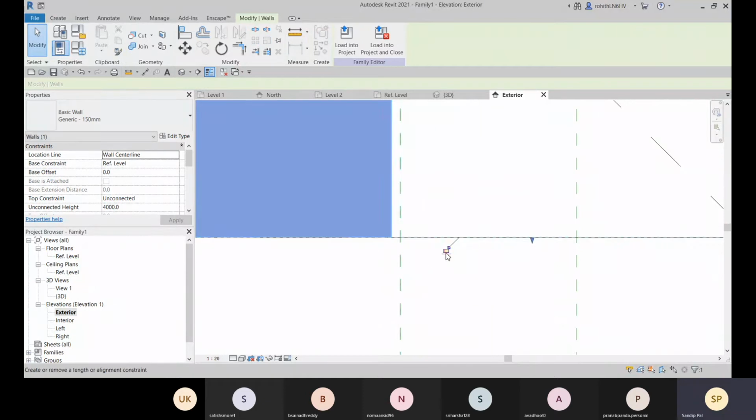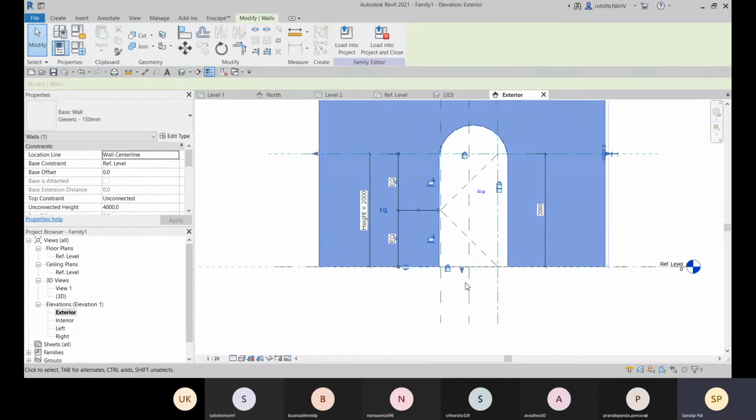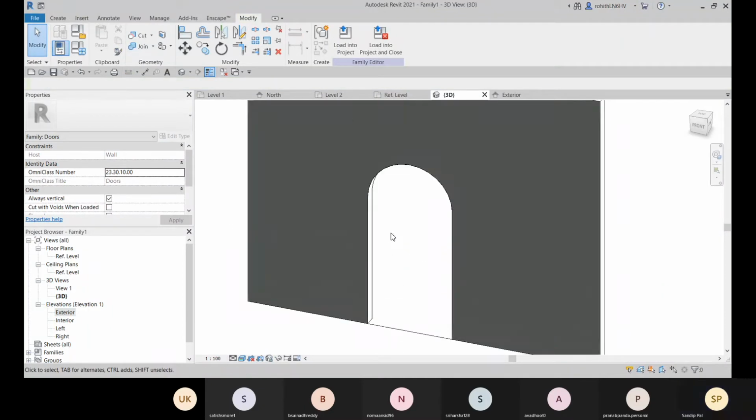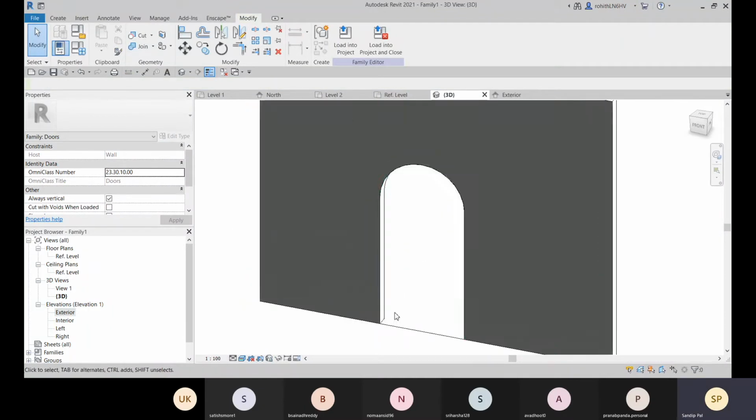So align it, and here also let's lock it. Okay, fine. Now